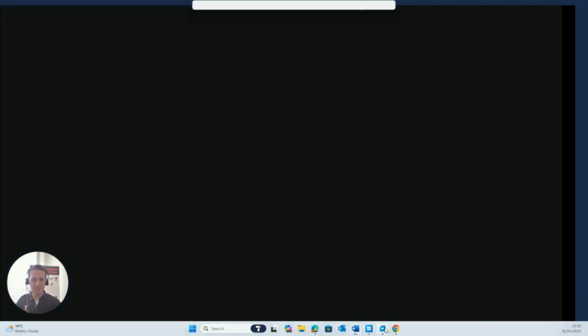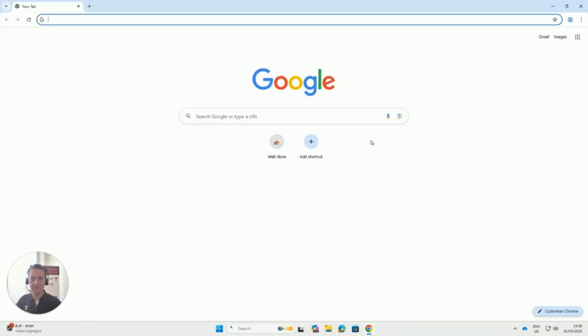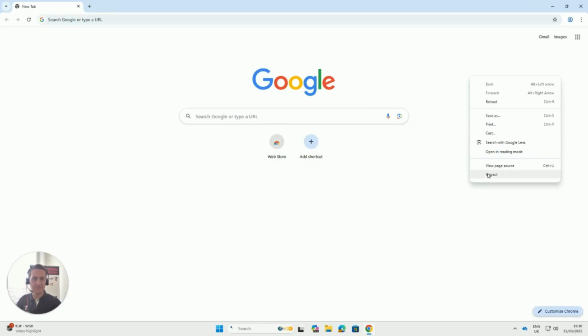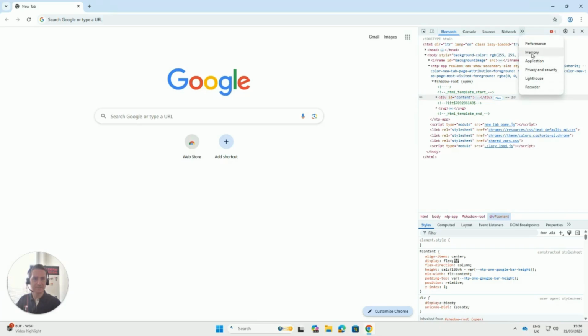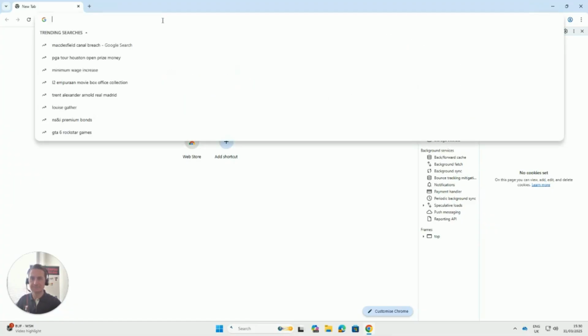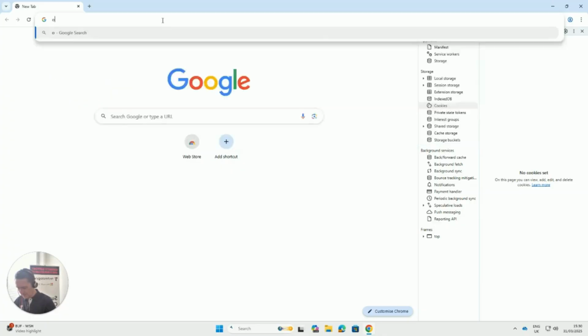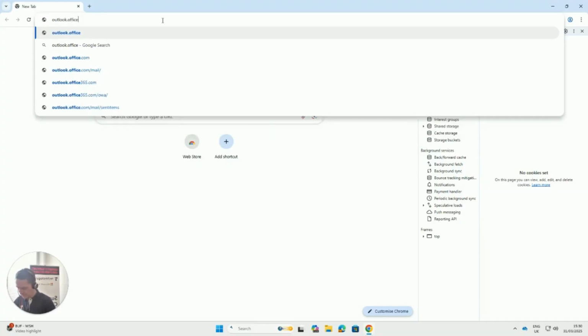So what I'll do now is jump onto a cloud machine that we've got, a virtual test machine we use. This has got a fresh install of Windows 11. If I now open a browser, go into that same screen that we were just in, go into application mode, go to the same website,